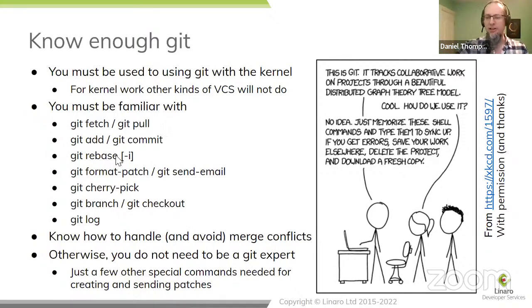So rebase -i. Git rebase -i, the interactive rebase, is for me the fundamental piece of upstreaming. It's what allows you to hone a patch series and get the code split into patches in the best way possible. Git rebase is what makes that possible. I view, once you've written the code, interactive Git rebases are how you hone it to become a patch set rather than a C file.